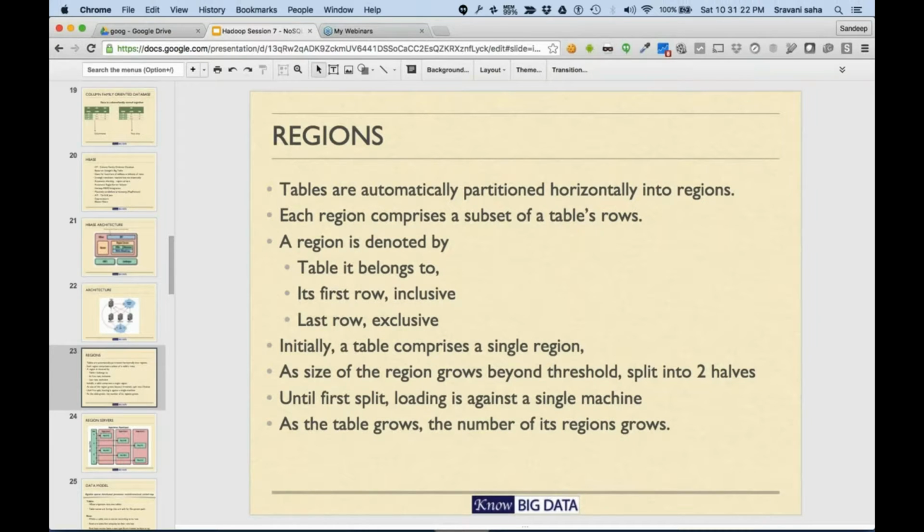And then as you keep adding more and more rows to this region, the table will keep on increasing, and when it reaches a certain threshold, it will be cut into exactly two halves and moved to different region servers. Okay, so after a point of time, these two regions which have been